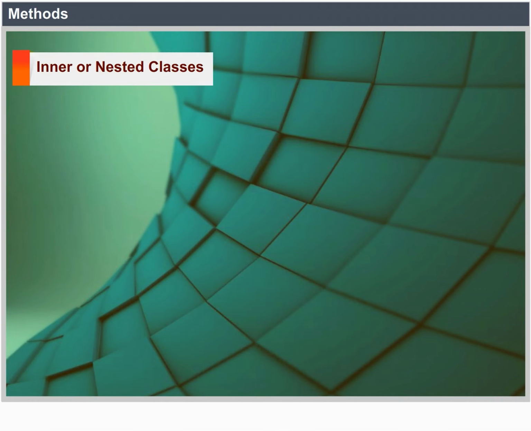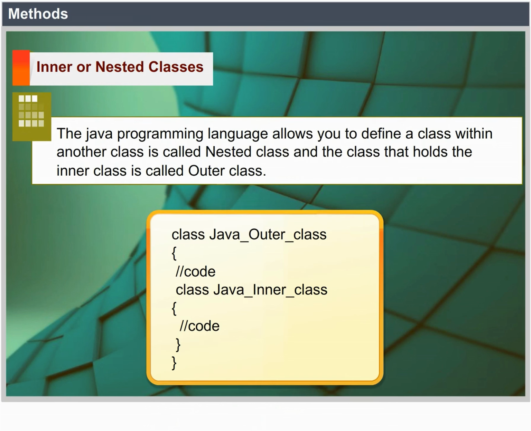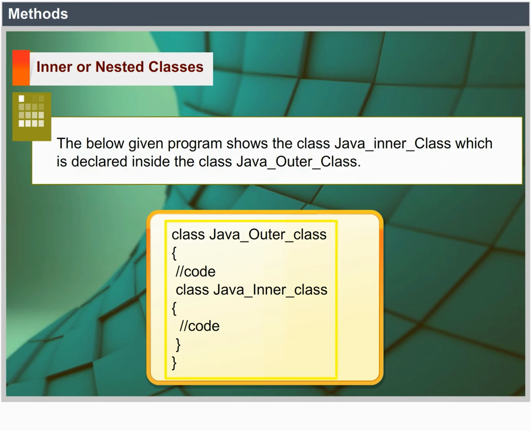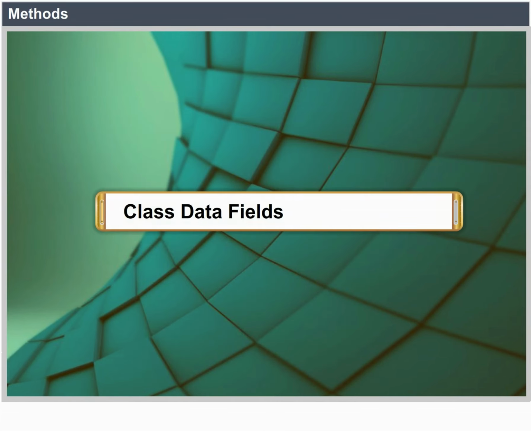Inner or nested classes. The Java programming language allows you to define a class within another class, which is called a nested class, and the class that holds the inner class is called the outer class. The below given program shows the class Java_inner_class which is declared inside the class Java_outer_class. class Java_outer_class { class Java_inner_class { } }